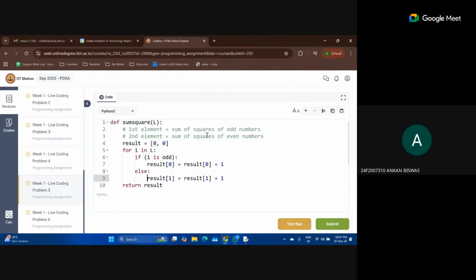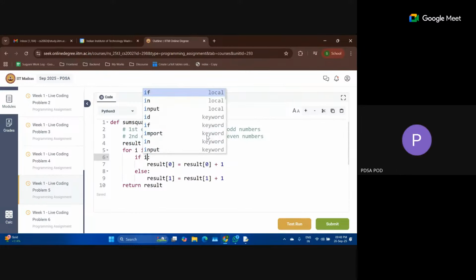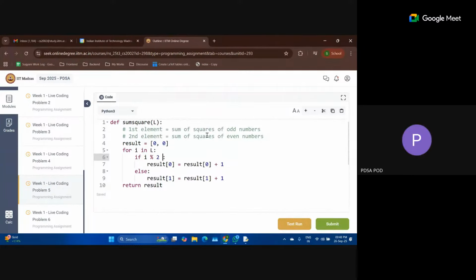Yes, ma'am. Okay, so now the question is, how do we find if an element I is odd or even? Mod 2. We divide it by 2 and check the remainder. If the remainder is not equal to 0, then the number is odd.